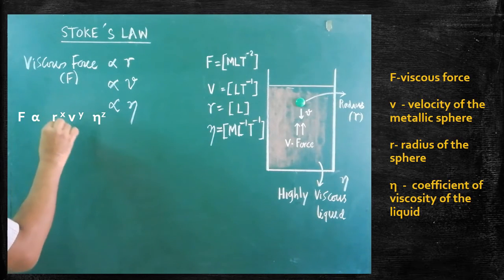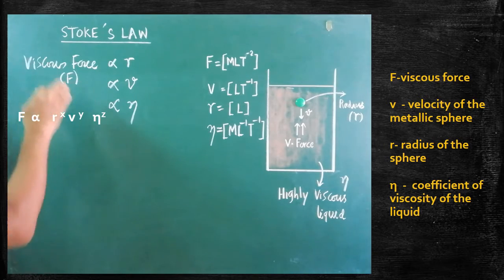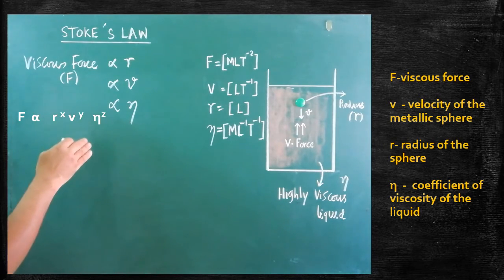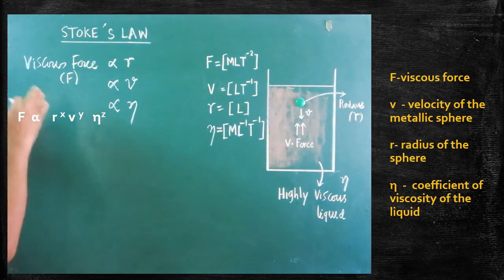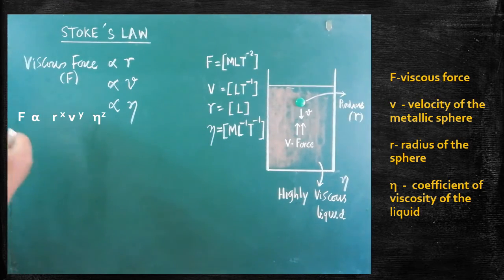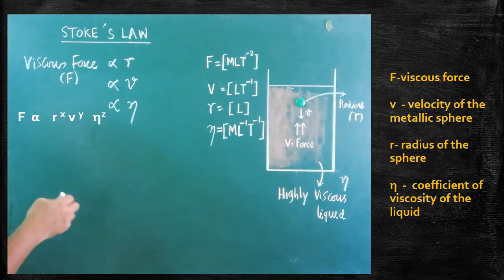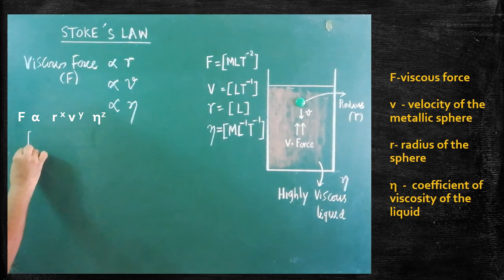Are you clear? So here, first we have to test whether this relationship is correct or not. Now we have to check it with the help of dimensional analysis. Now on an assumption we have written it, but we have to test it. How to test this? Usually any equation that is derived can be checked with the help of dimensional analysis. So we will write all the dimensions in the equation. First, viscous force is to be written on the LHS.